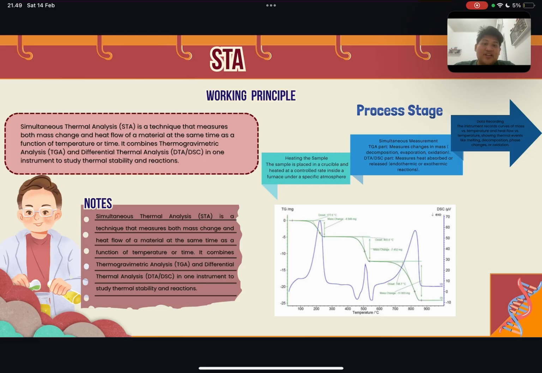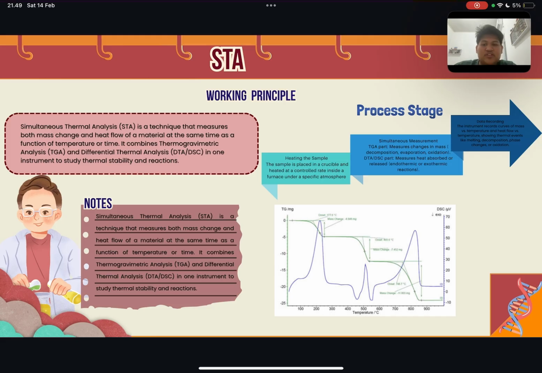Okay, process stage as always: heating the sample. The sample is placed in a crucible and heated at a controlled rate inside a furnace under a specific atmosphere. Simultaneous measurement: the TGA part measures change in mass, decomposition, or evaporation, while DTA measures heat absorbed or released, endothermic specifically. Data recording: the instrument records curves of mass versus temperature and heat flow versus temperature, showing thermal events like melting, decomposition,